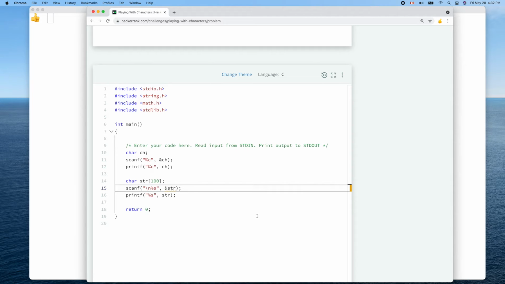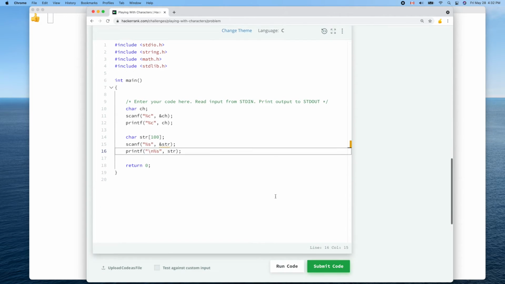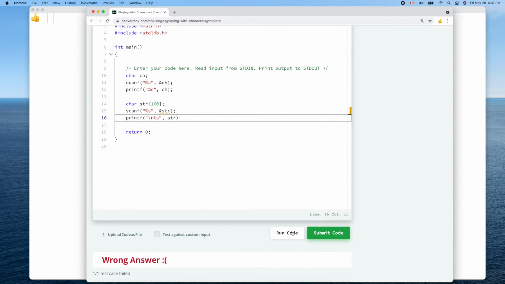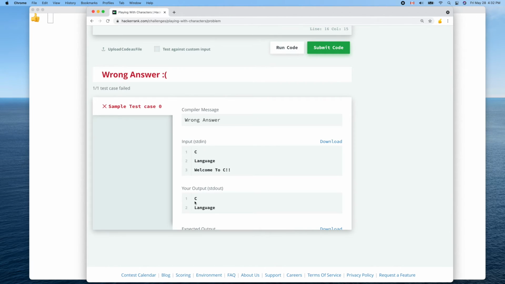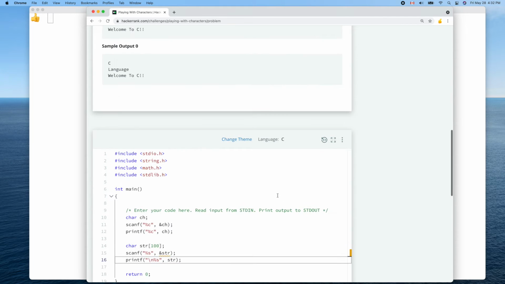This doesn't work. Oh, sorry, wrong place. Here. That's the output. Yeah, this is the output. Okay, yeah, now it's good. C, right, line break and language. Okay, so